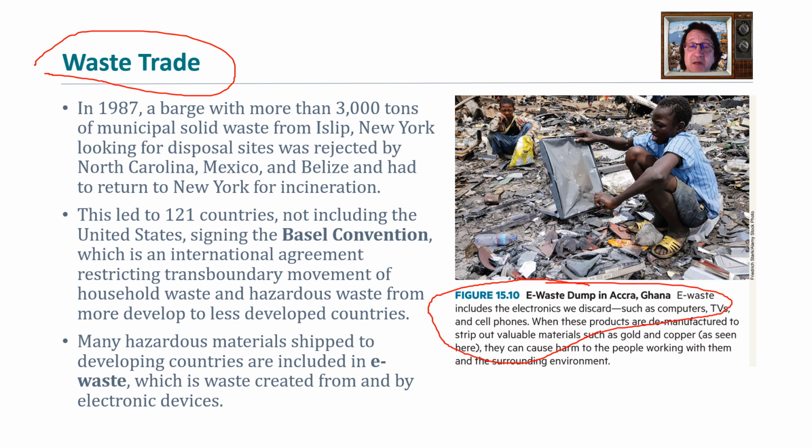And a lot of times, guys, your e-waste gets recycled, but you have to think about it becoming part of the waste trade. And most of our e-waste ends up mostly in Africa, but in parts of Asia too, in an area like this, and kids pick through it by hand. And what's even worse is the kids will pick through it first, get the valuable plastics out that they can, and then they set this stuff on fire, melt the plastic away, and they extract and pull apart the melted metals that they get most of the money for. And this is dangerous to them. These kids die sometimes from the toxins produced by burning and handling this stuff. They can die at 20-something years old from doing this for a living.